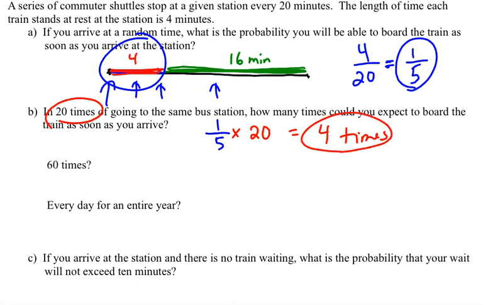times. The other way to think of that is you could say 1 out of 5. If you like proportions, you could set that up as a proportion: 1 out of 5 equals x out of 20. If you can board it 1 in 5 times, how many times in 20 times could you board it? So supposing I use the same process, if I arrive 60 times, how many times can I expect? Well, I'm going to take my 1 out of 5, and this time I'm going to multiply times 60, giving me an answer of